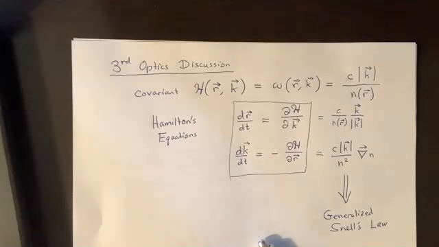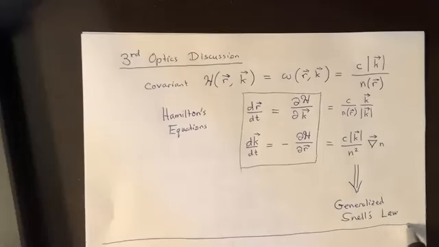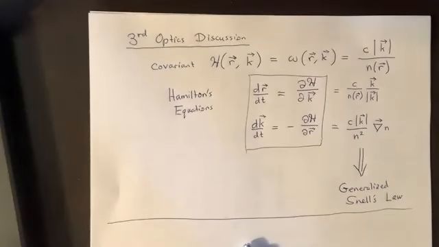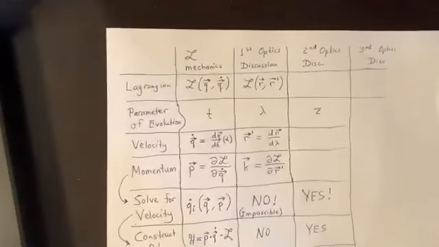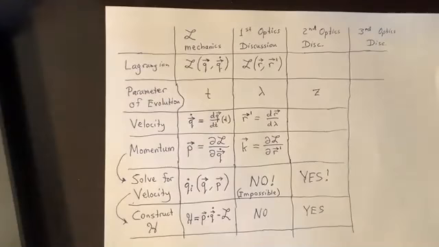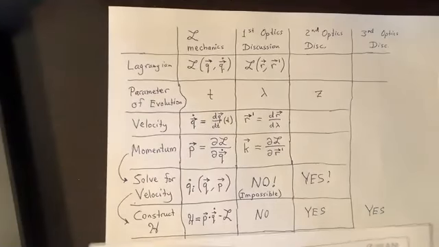Okay, so again, let's take a second to summarize. This has been a fascinating excursion into the world of optics. We have seen Lagrangians, we have seen Hamiltonians in the world of optics, and we saw that it was very useful. We have this nice summary table here. For this third one, we did get a Hamiltonian, like we started with the covariant Hamiltonian. Okay, but remember, our goal, looking ahead to Thursday,